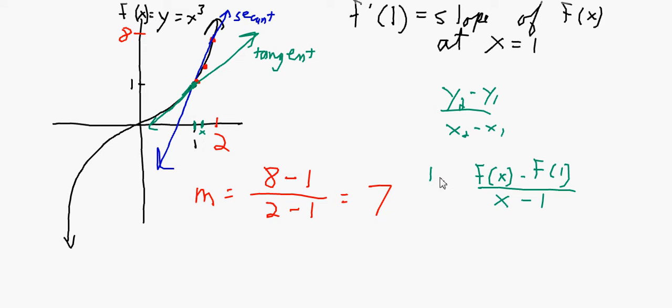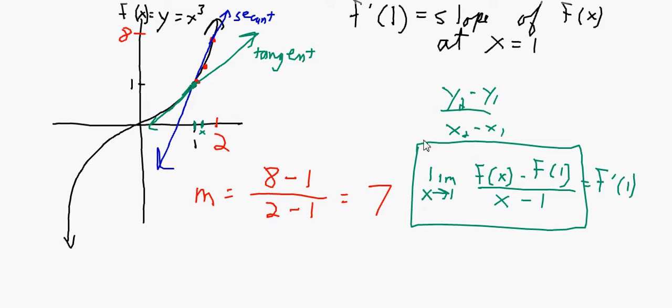And what we want now, we don't want the slope between any 2 points. We want x to get infinitely close to 1. And that right there is the derivative at 1. Now we need to simplify this. This whole shebang here is a number. We just got to figure out what it is. So,